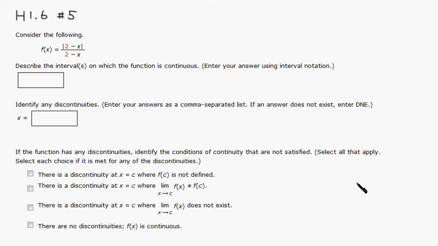All right, let's go over homework 1.6, number 5. So this function is given using the absolute value sign. When you have an absolute value sign, it is really a piecewise defined function. So let's write it as a piecewise defined function. All right, so this is equal to